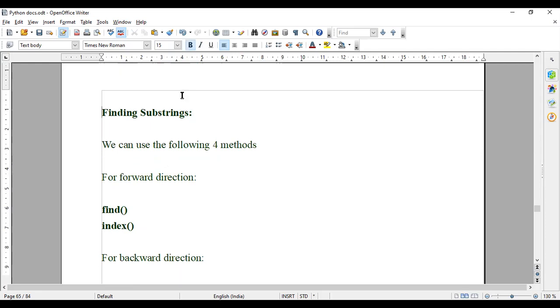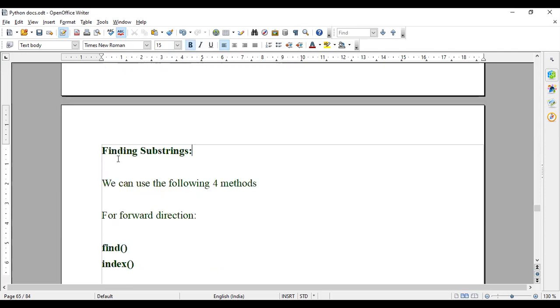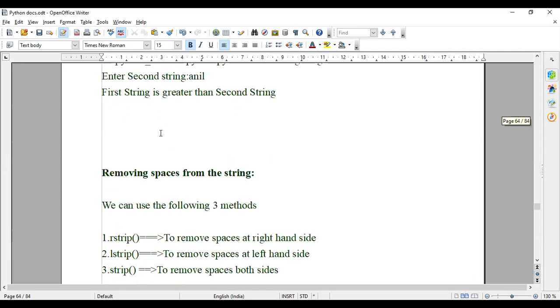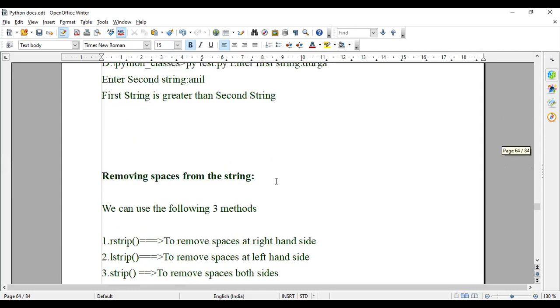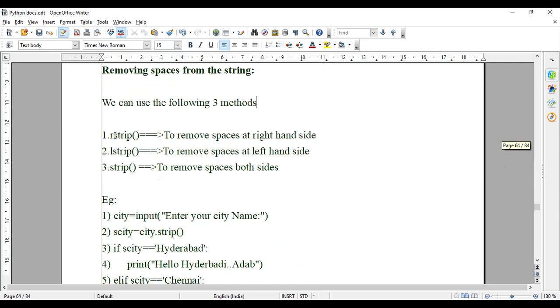So, finding substrings. No. This topic is removing spaces from the strings. We can use the following three methods. How to remove spaces? Use three methods. First is rstrip, to remove space on the right-hand side.